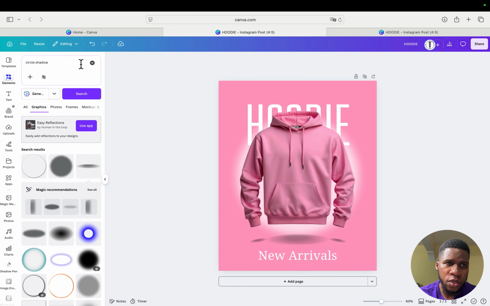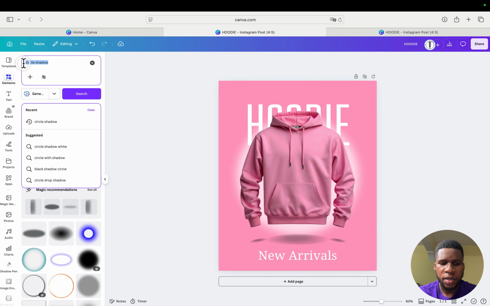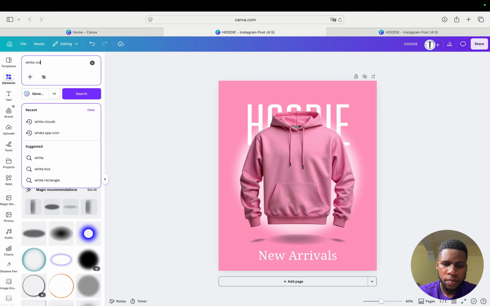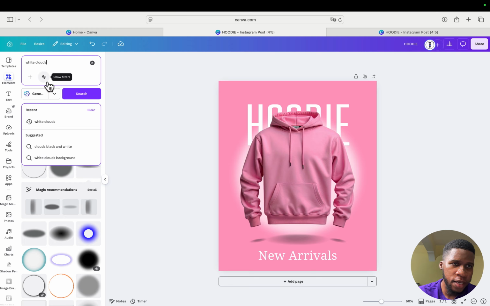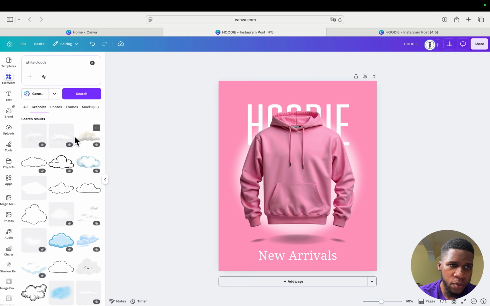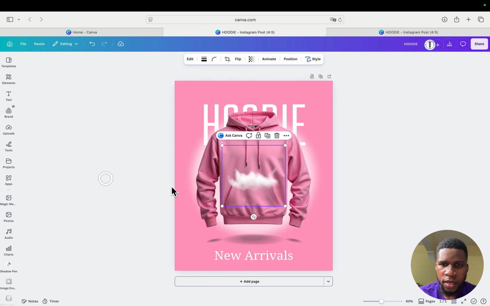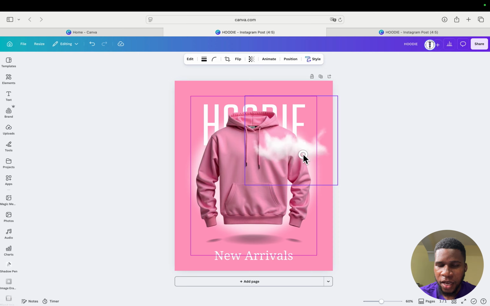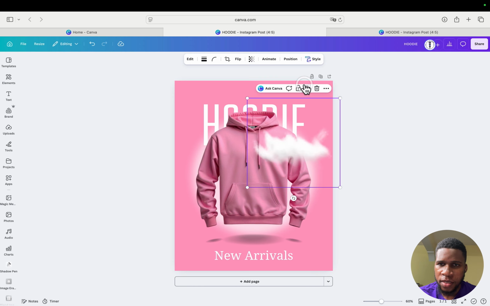What we could do next is go back to elements, and then type in clouds. White clouds. Let's type in white clouds. And then we can search that, and we can see some white clouds here. Let's select this one, and increase the size of it like so, and then place it right here at the top right hand side of our hoodie, and we can duplicate it now, and then